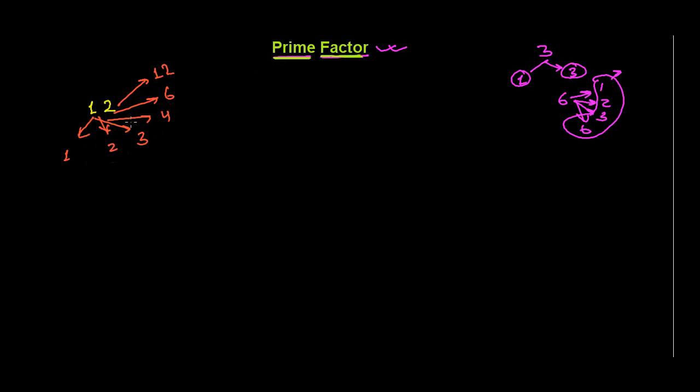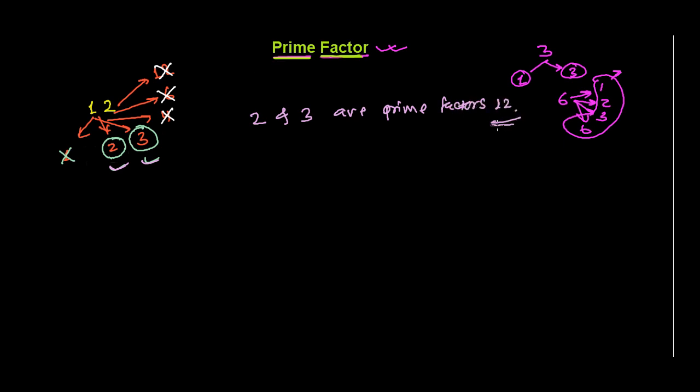Now let's look only at prime numbers which are here, right? 12 is a composite number, so I'm going to neglect it. 6 is also a composite number, I'm not going to take it. Similarly 4 is also a composite number. Yes, I got it here. 3 is a prime number. Similarly 2 is a prime number, but 1 is neither composite nor a prime number, so let me cancel it. So here 2 and 3, these two numbers are the prime numbers as well as the factors of 12. So what I can say, 2 and 3 are prime factors of 12. Prime factors of 12. Alright?